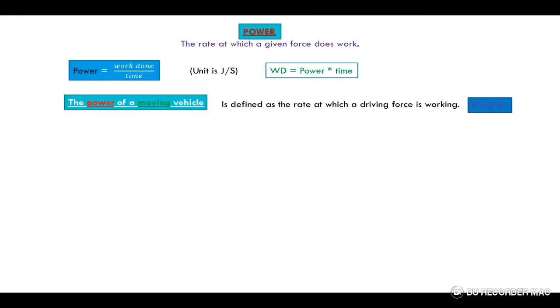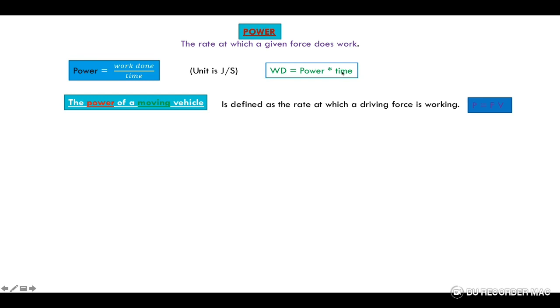Dear students, our today's lesson is on power. What is power? The rate at which a given force does work. So mathematically we say that power is work done divided by time. Its unit is joule per second, and if power and time are given, then we can also calculate the work